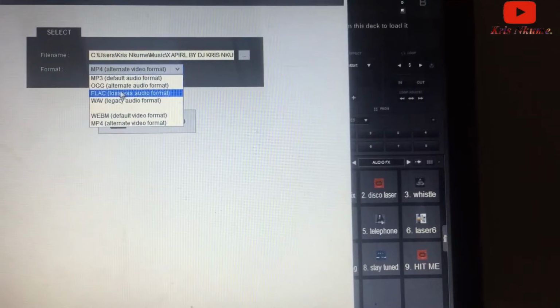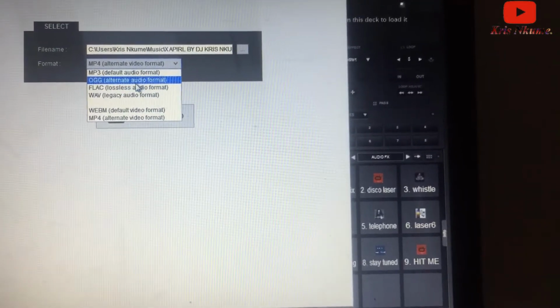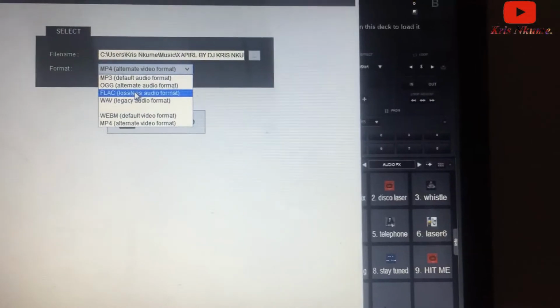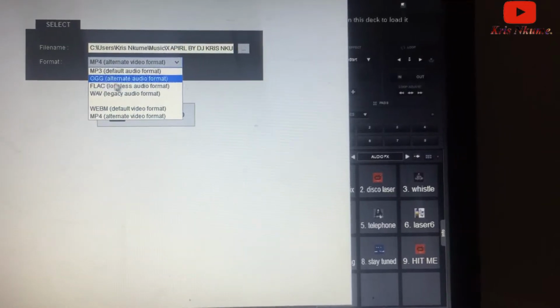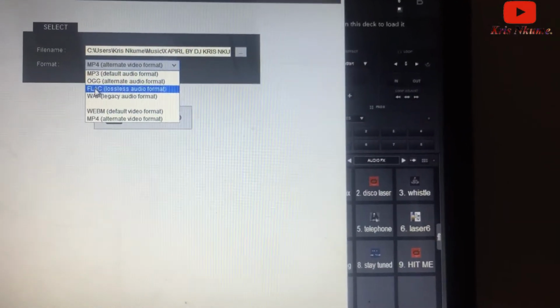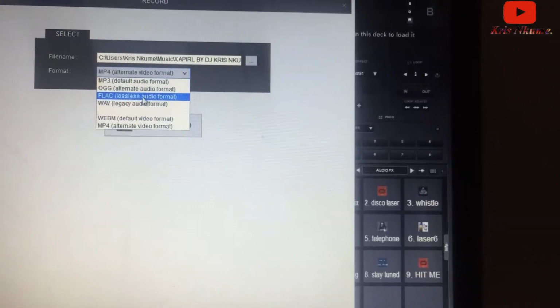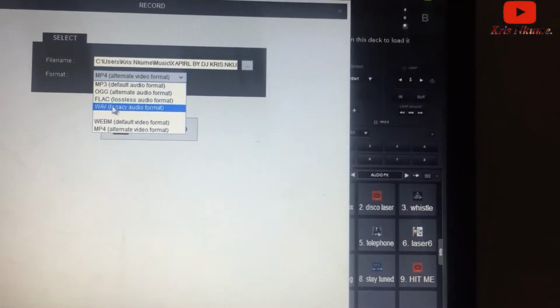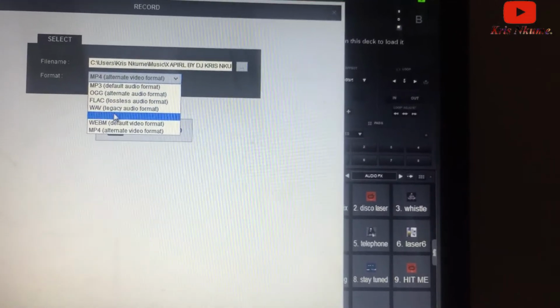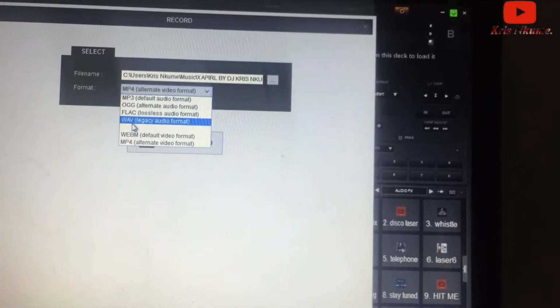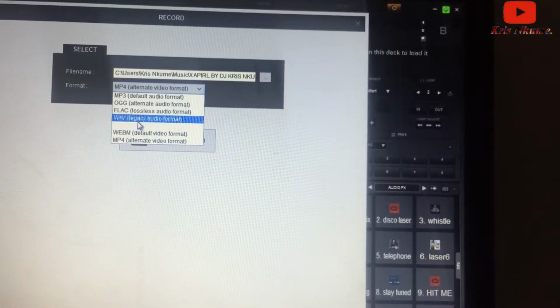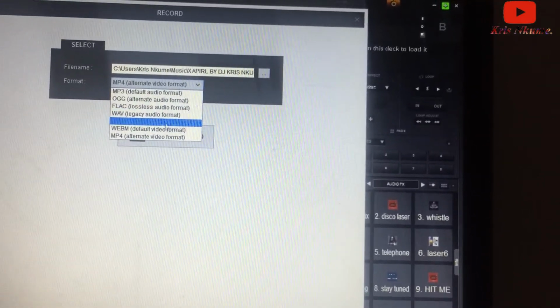You see MP3, which is an audio format. This one is OGG. It's also an audio format, but it depends on the kind of machine that you use to play it. Because if you use OGG, it might not play on a phone. It might play on some phones, but not all, because some phones support OGG files and some support FLAC files. Then there's also WAV, which some phones and computers support, which is a licensed audio format. You can also use that.